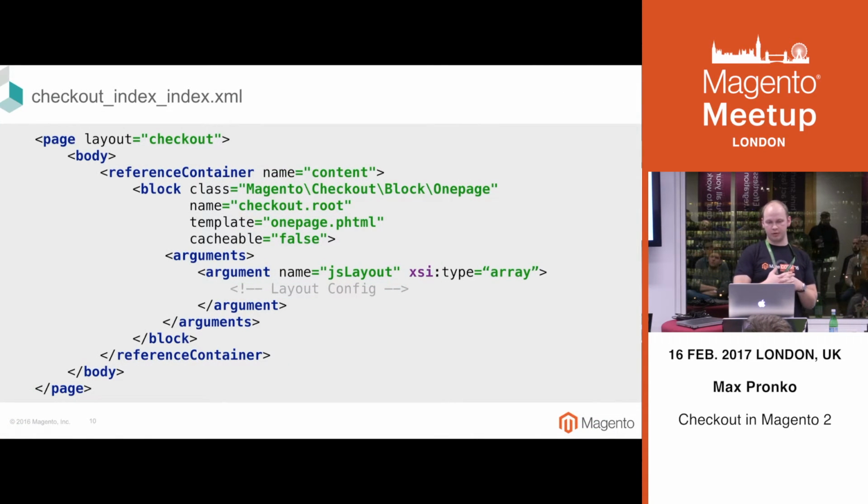So let's talk about how it works. Checkout index, where we have this 440 lines of configuration, starts with almost only one block called Magento checkout block one page and template, which is responsible for the initial request, when I showed you a slide, single page application. So we're sending the initial request, and actually one page PHTML is rendered on a page with all layout configuration, which goes inside